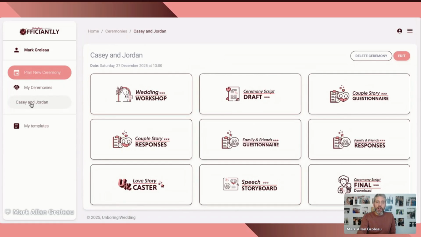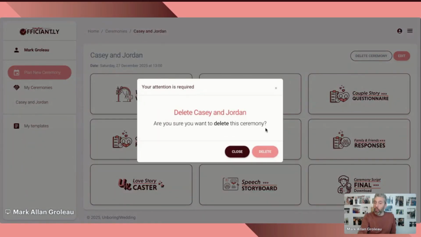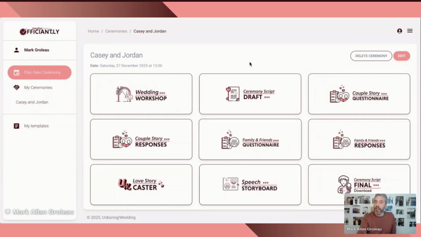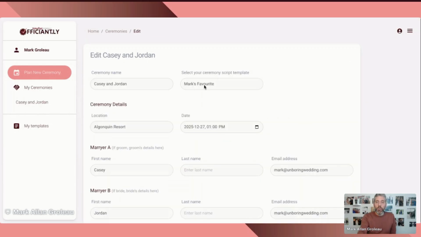Now, you see here, if you just click on this, you're going to get the dashboard. How do you go back into the particulars of the ceremony? You click edit right here. You can delete the ceremony. It'll warn you, are you sure you want to do that? We're going to click close. Phew, that was scary. Go to edit,